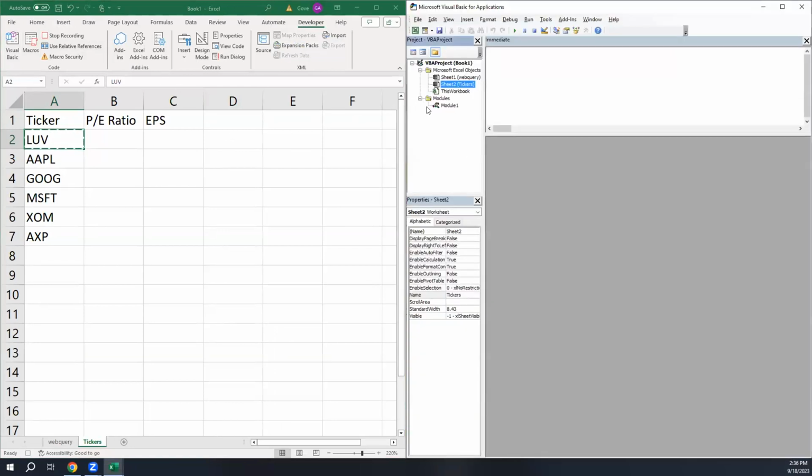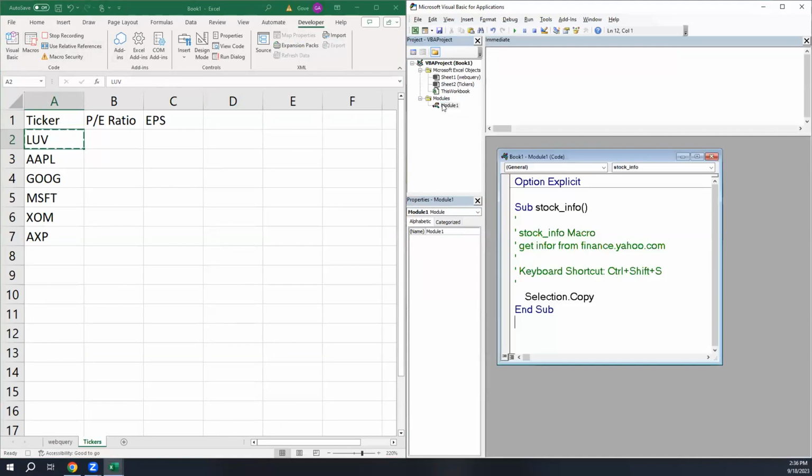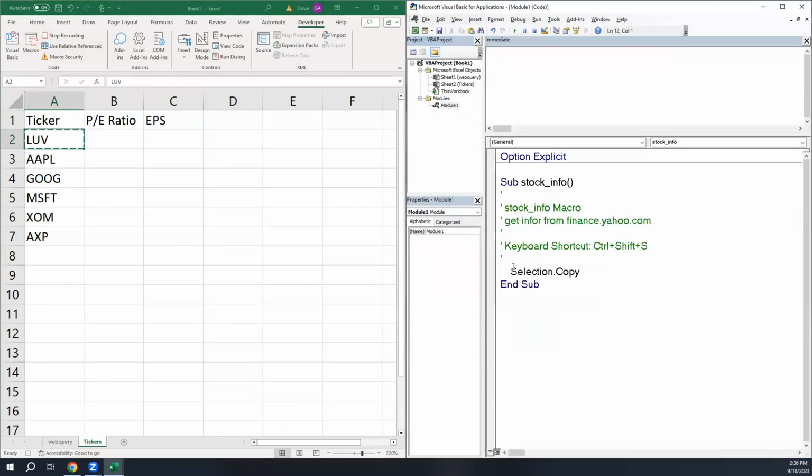And modules, it's created module 1. Okay, so here we'll be able to see the things that it's recording. So it's making the subprocedure called stock info and selection.copy. When I pressed Control C, it said, great, you want to, with the selection object, we're going to execute the copy